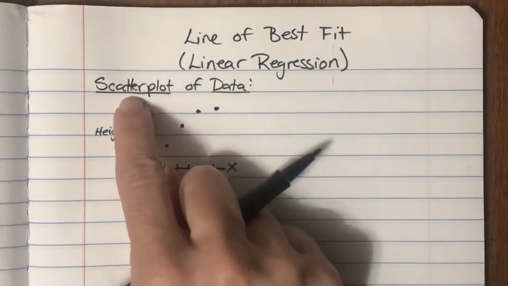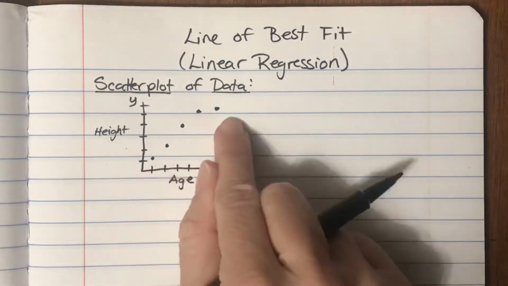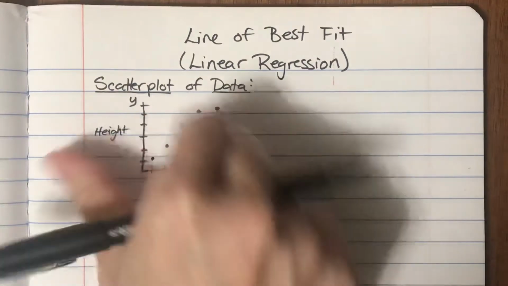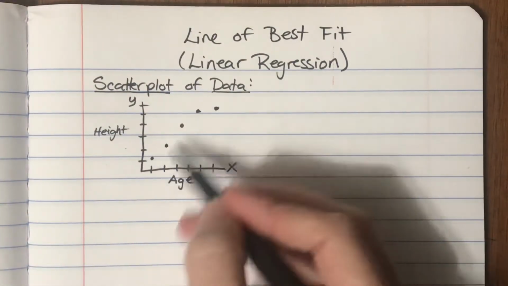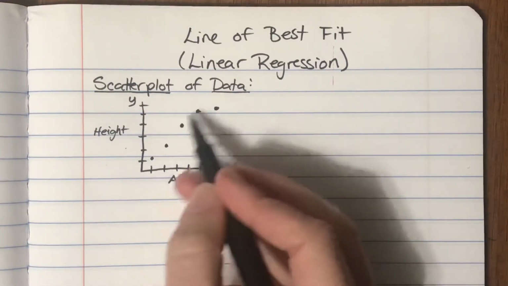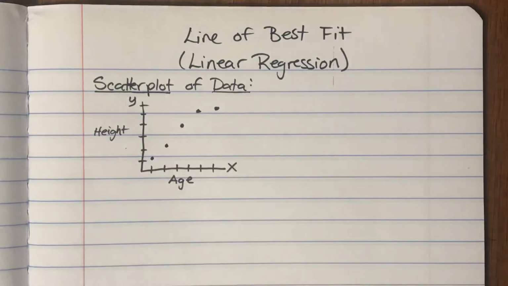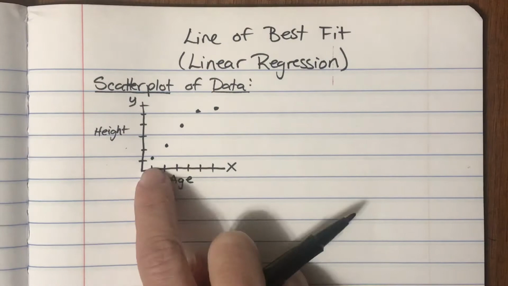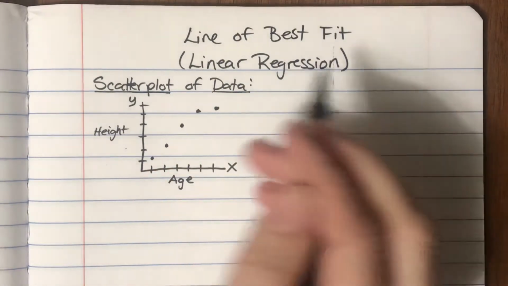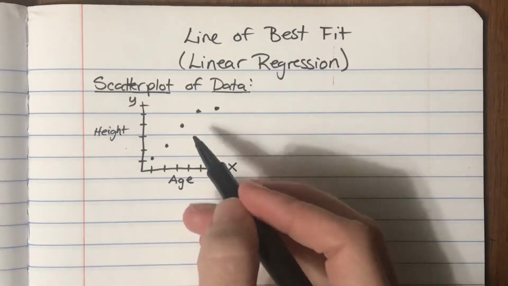And so what we mean by a scatter plot of data is just that we have some data that are related to each other in a certain way. And it might not be in a straight line, right? But we just have these data points that are plotted on an x and y axis showing the relationship between age and height. And now what we mean by a line of best fit is